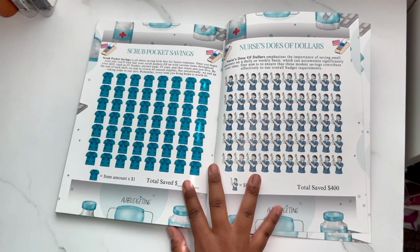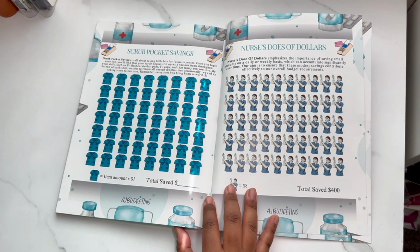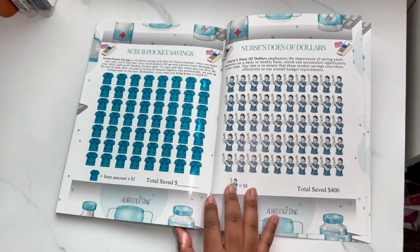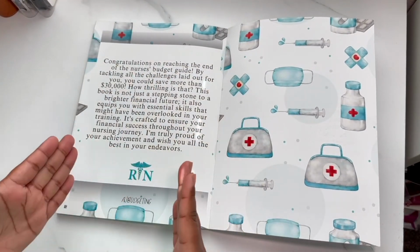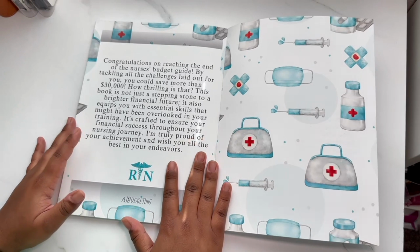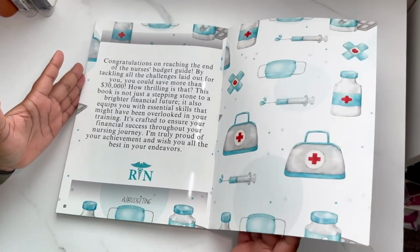No Dollars is an $8 challenge, which is a small savings challenge that aims to save small amounts, which you can significantly accumulate over time. Like I keep saying, small numbers add up, and this is a quick little $400 challenge to help you do so. And that is the end of the book. So if you do all the challenges in this book that are numbered, you'll save more than $30,000. There is the potential to save more than $30,000, and that's because you do have your own build-your-own challenges in there. But I think,